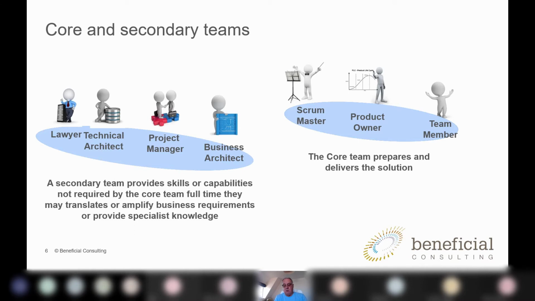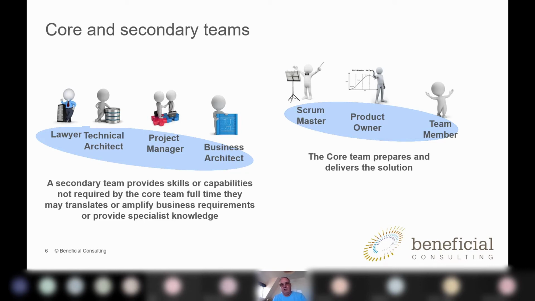And that gives us a bit more flexibility about the construct of the team, because not everybody needs to be in it. If you need somebody dedicated for the whole life of the activity, then of course they're going to be part of the core team. But you wouldn't use, for example, a business architect as a permanent member of the team. You wouldn't use a lawyer. You might not use an accountant.